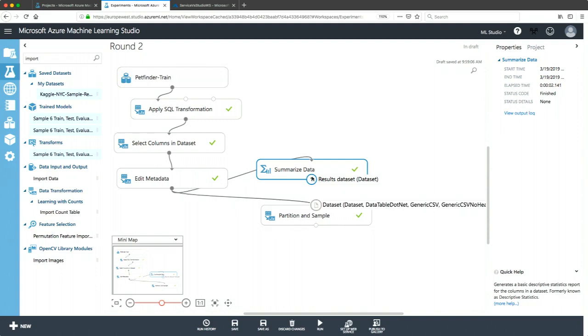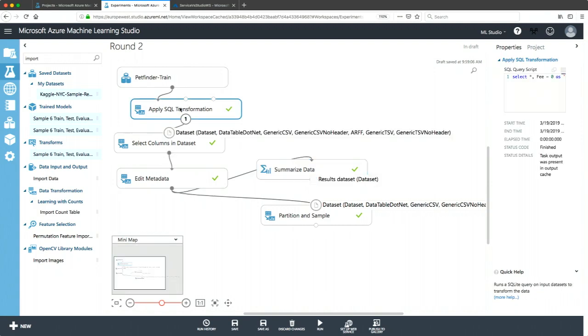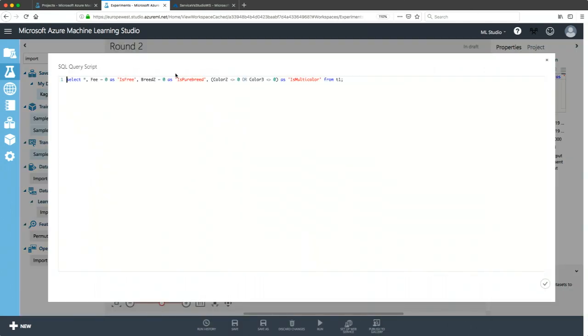Basically, you can use this module to get an idea of how the data looks like. And one more thing I want to show over here is that you can also create new columns or modify existing columns using SQL script. So if you want to do, I don't know, something like math operations to create new columns, you either have to write some custom Python code, because it allows you to do that, or, my favorite part, just run a select.